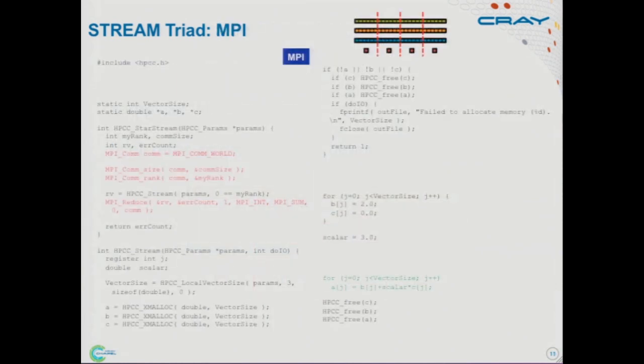This is what STREAM Triad looks like in MPI, and the colors are barely coming through on this projector. There's some red code here, which is basically the MPI code. There's a green loop down here, which is basically the computation we're trying to do. And then the black code is basically boilerplate that comes out of C programming to an extent and SPMD programming to an extent. There's not very much MPI here because this is an embarrassingly parallel program. So it's basically set up and tear down. There's no communication to speak of, and therefore not a lot of MPI. So now if we want to make this into that hybrid code I was talking about, well, we could decorate it with OpenMP.